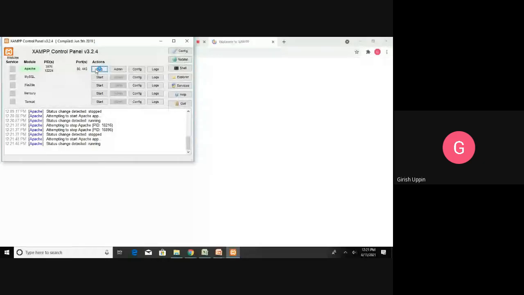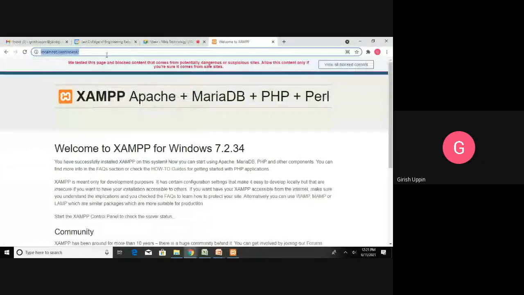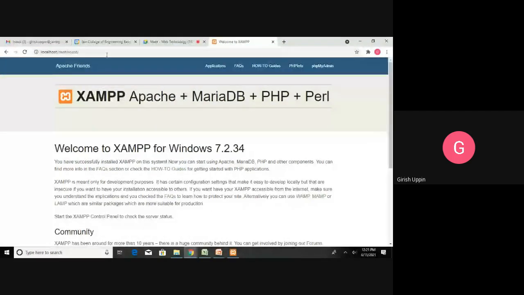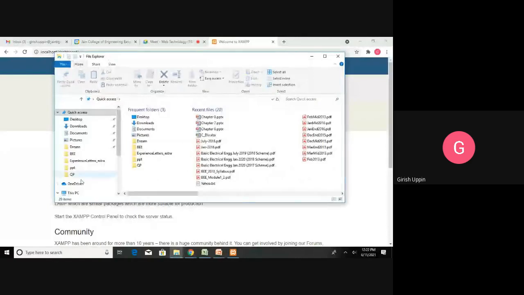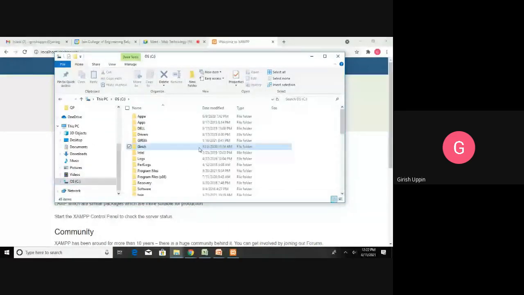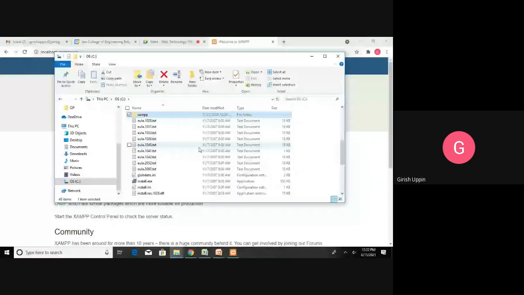So here now you can see it, and all your application code should go in this location. It should be in C colon, then XAMPP, then htdocs.